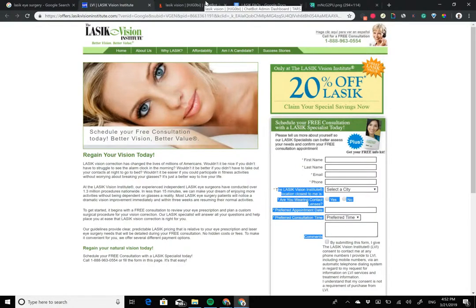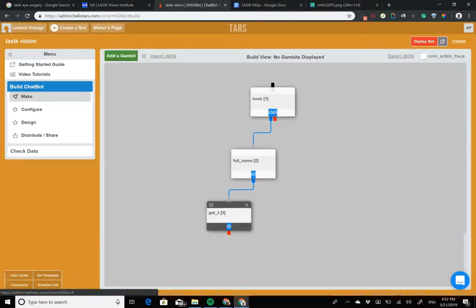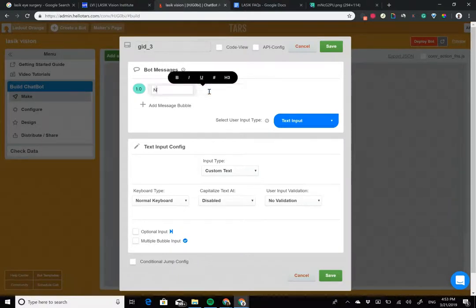And then the email or the phone number at the end is just incidental. So the first question is, do you have contact lenses? We're going to acknowledge the previous input. Like I mentioned earlier, nice to meet you. You want to speak our full name. So essentially, I'm going to say nice to meet you. We just got their name,